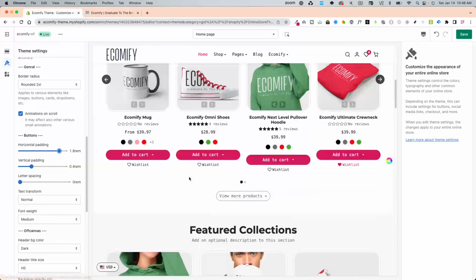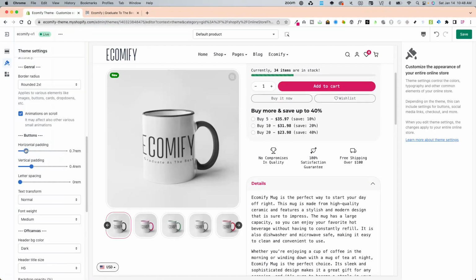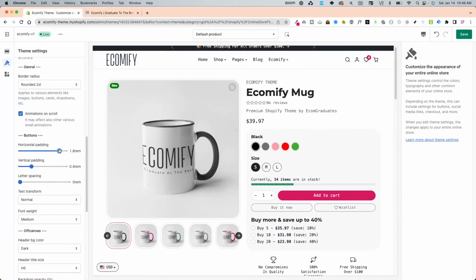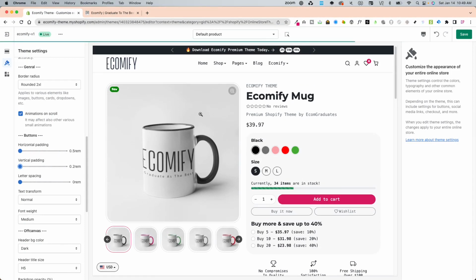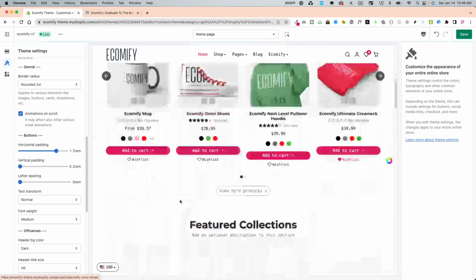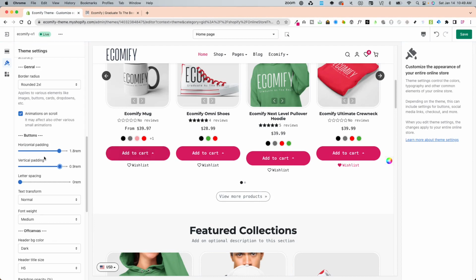If you just go onto a product page, see what this looks like. There, so this only affects the buttons, but the horizontal spacing is pretty subtle,